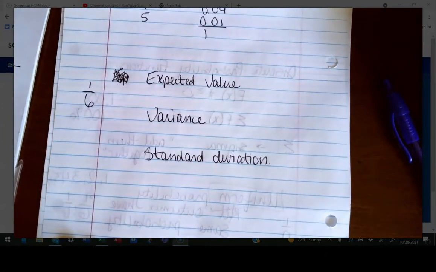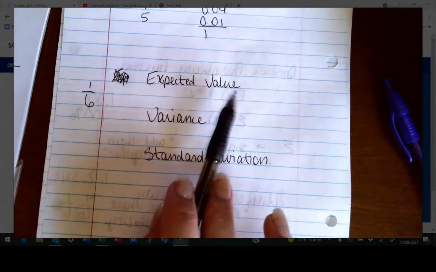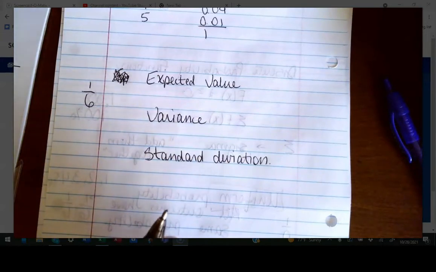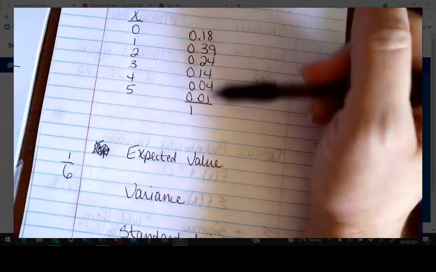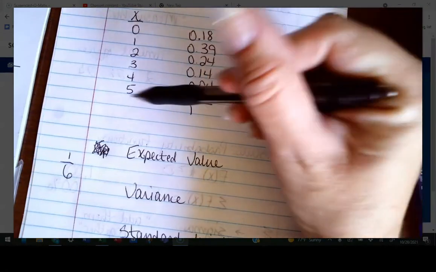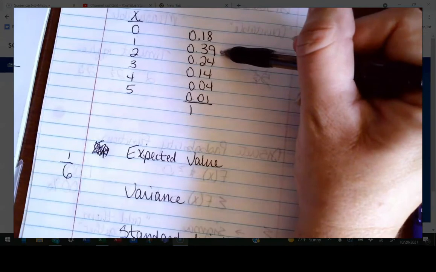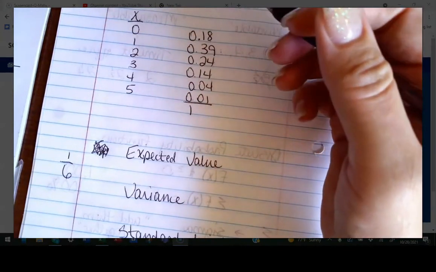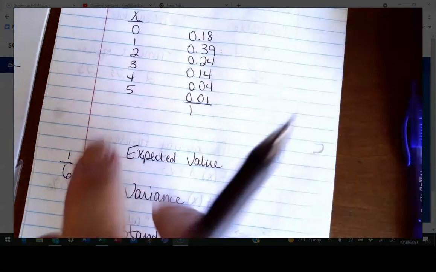Well, what if we look at the car buying scenario or the car selling scenario? What would our expected value be? In other words, what would you expect the number of cars to be sold every day to be based on this distribution of probabilities? So it's not the same. Who is selling 5 cars? That person is rare. It's possible, but it's rare. Most people are going to sell 1 car. So what is our expected value? What would you expect your salesman or saleswoman to sell on a daily basis? So that's what expected value is.